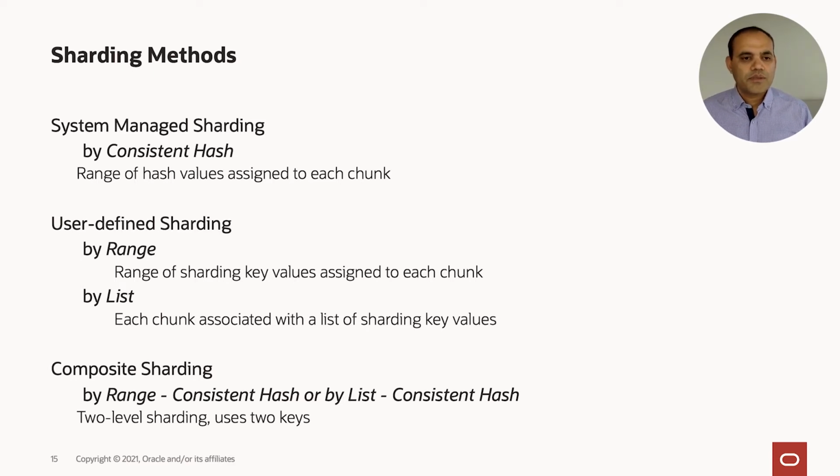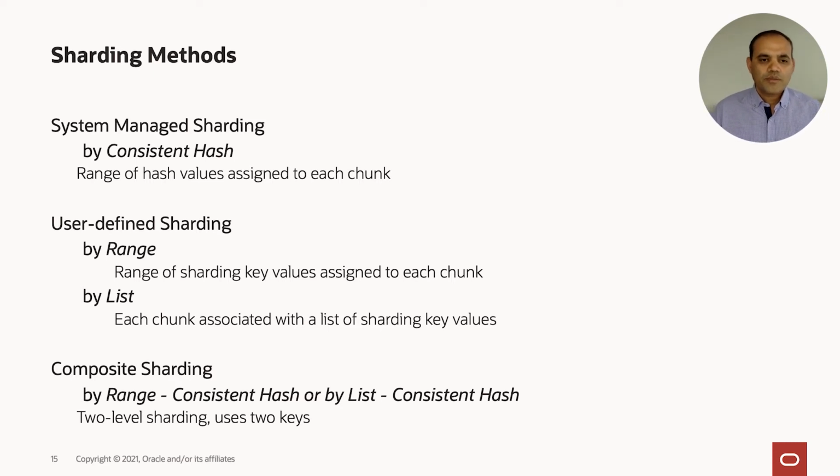List example could be something like if a customer's state of residence in the United States is on the east coast, like Florida, New York, New Jersey, place them in a data center which is on the east coast like Ashburn. Or if the customer's state of residence is on the west coast of the United States, like California, Oregon, Arizona, put them in a Phoenix data center which is on the west coast of the United States.